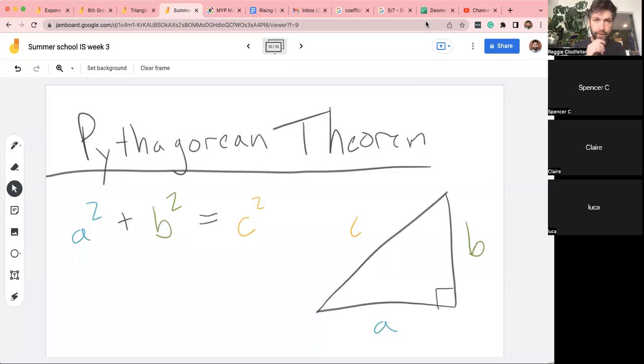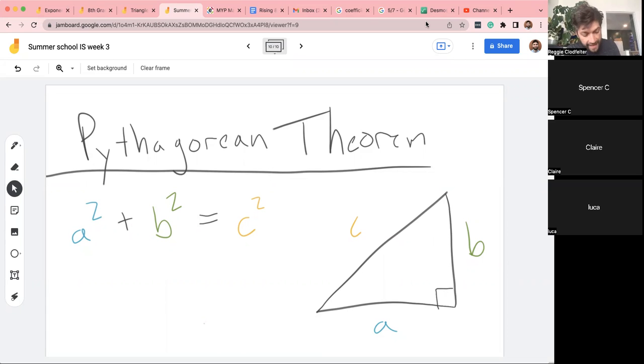Yeah, so here is a video on the Pythagorean theorem. First, the Pythagorean theorem only applies to right triangles. There must be a right angle. And the theorem states that a squared plus b squared equals c squared, where a and b are the lengths